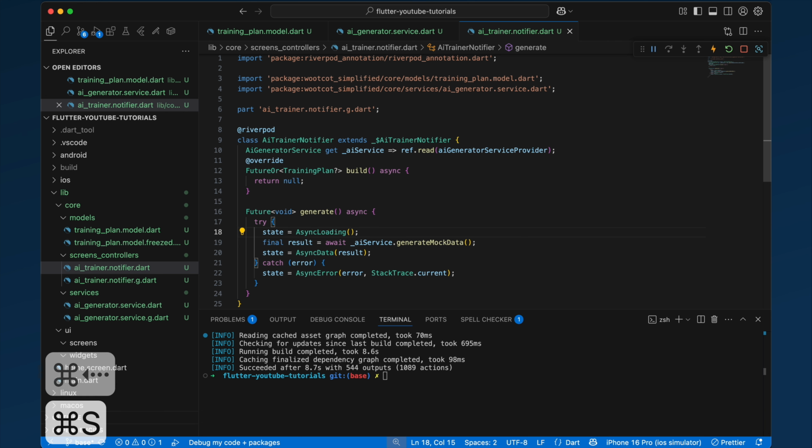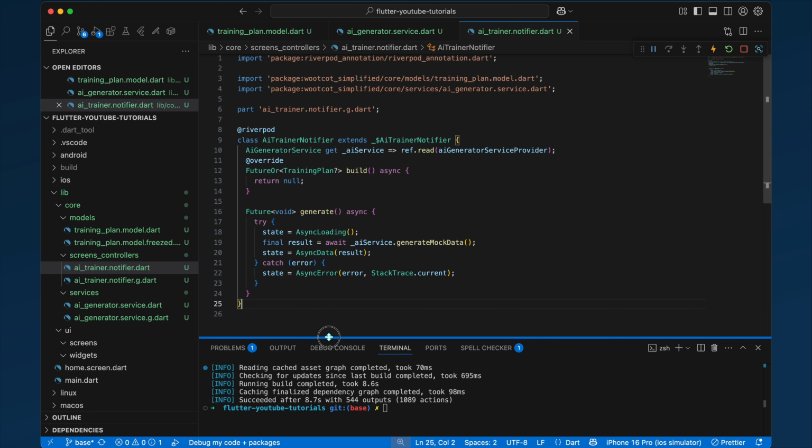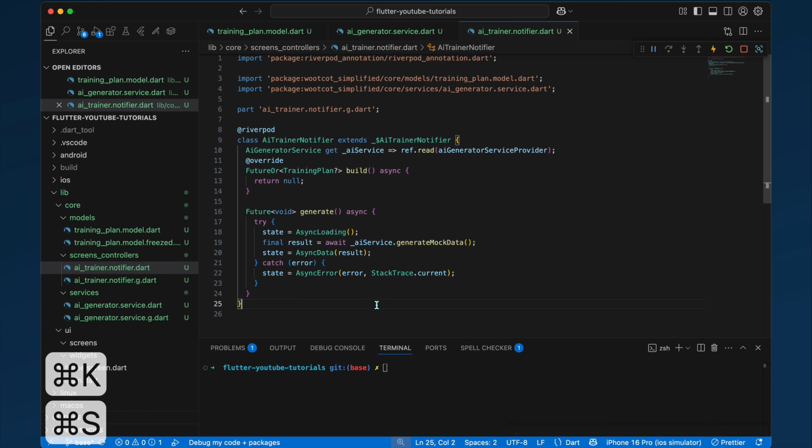State is async loading, state is async data. So this is how async state management works in Riverpod. So let's save that. Now that we have our notifier, service file, and state, we can create our screens. The reason I started this way and not by creating a screen is because every time you're working with AI, the most important thing is to get the data right, and this is the core part of the tutorial. So once we know our data and how we are going to process it,